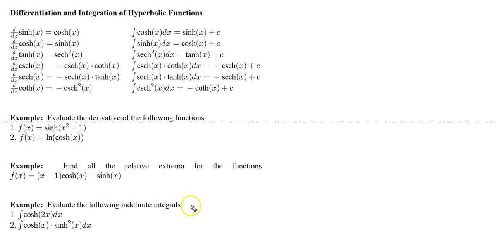And finally, let's take a look at this example. Let's evaluate the following indefinite integrals. So we want to start with the antiderivative of the cosh of 2x dx. Let's do this one first. Well, looking at our rules over here, we see the antiderivative of cosh is sinh, but we have a 2x right here. So this looks like an easy substitution. We would just let u be 2x, in which case,